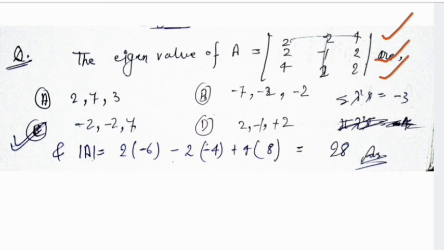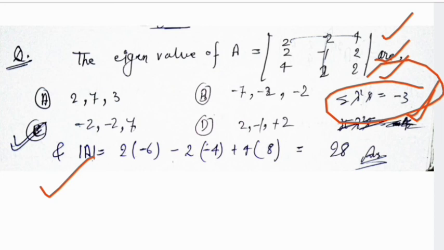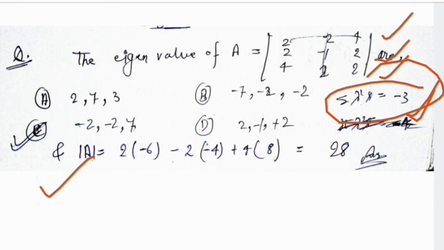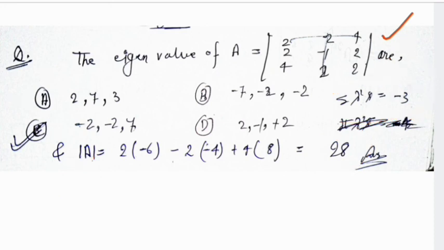4, 2, 2 in the third row. Now here we know that the summation of the diagonal is equal to the summation of the lambdas, that is 3 in the first equation, and we know that the determinant is equal to the product of all the eigenvalues, which is 28. Now which eigenvalues satisfy these two conditions? If these two conditions are satisfied, then that is the correct option, and C satisfies these two conditions, that is